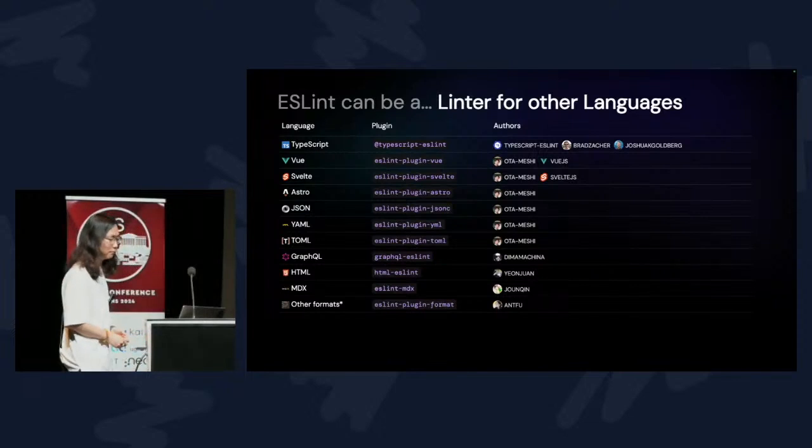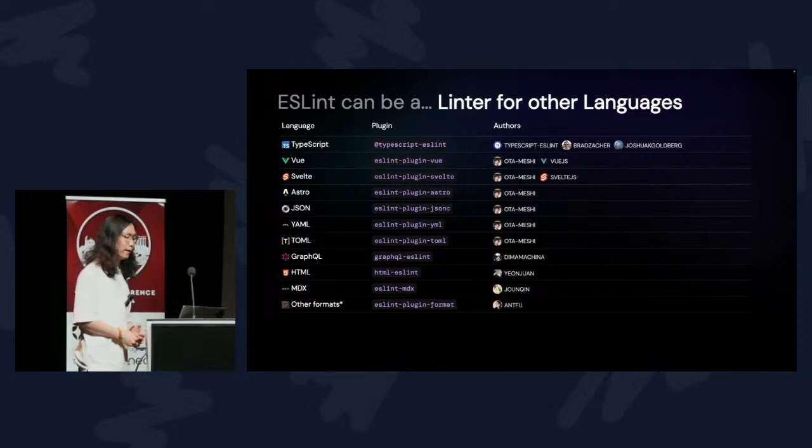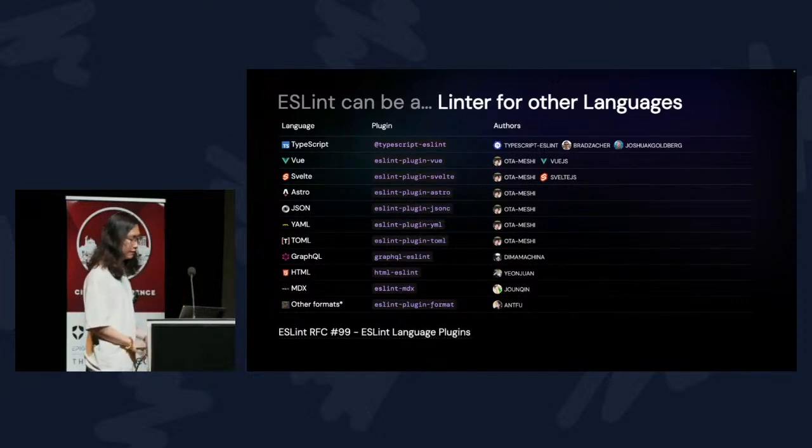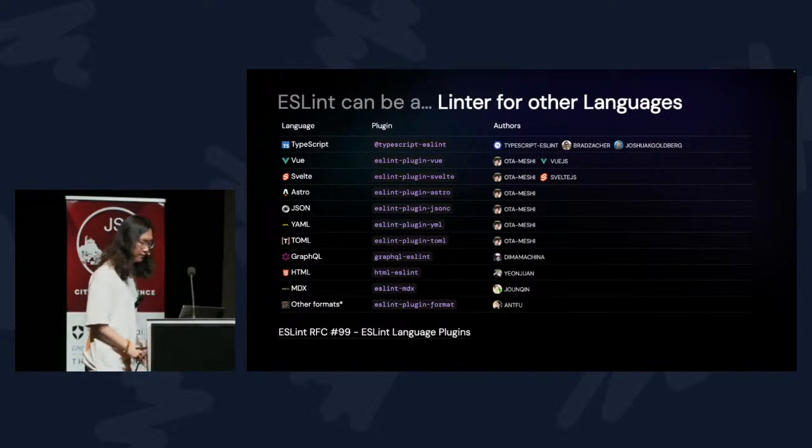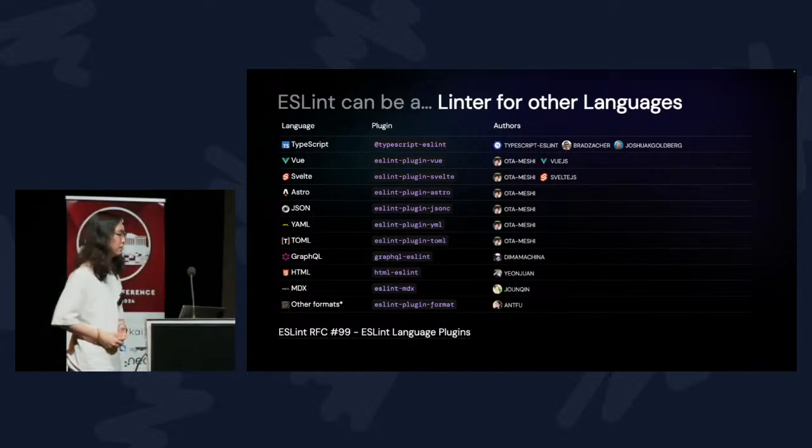I also made ESLint plugin format to use Prettier or dprint to format files like CSS that don't yet have proper ESLint integrations. That's only a few I could list here. You can also check ESLint RFC number 99, which is trying to make ESLint more language agnostic to support the linting